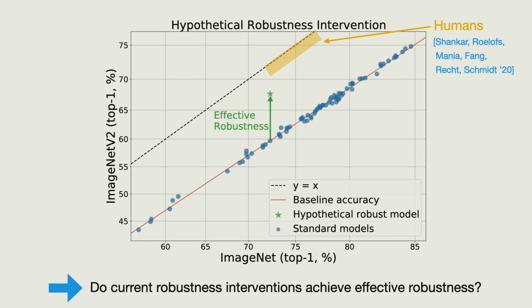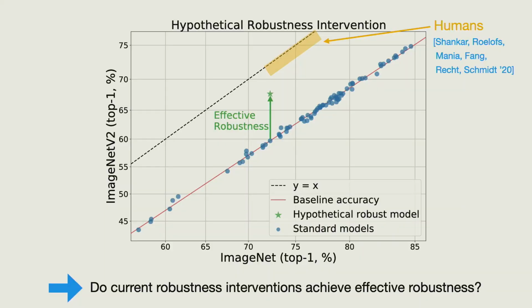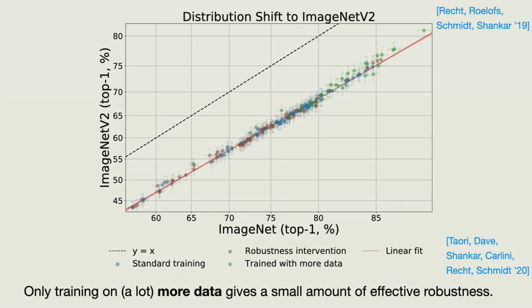Okay, good. So the question here is, in this framework, how well do current robustness interventions do? Because people have obviously worked a lot on robustness over the past few years: adversarial training, various forms of data augmentation, various filtering layers, DRO, and so on. So the next step we did in the study was that we just ran everything that we could find, where people had released an ImageNet model for their method, and we ran all of that on this testbed and put it on the plot here.